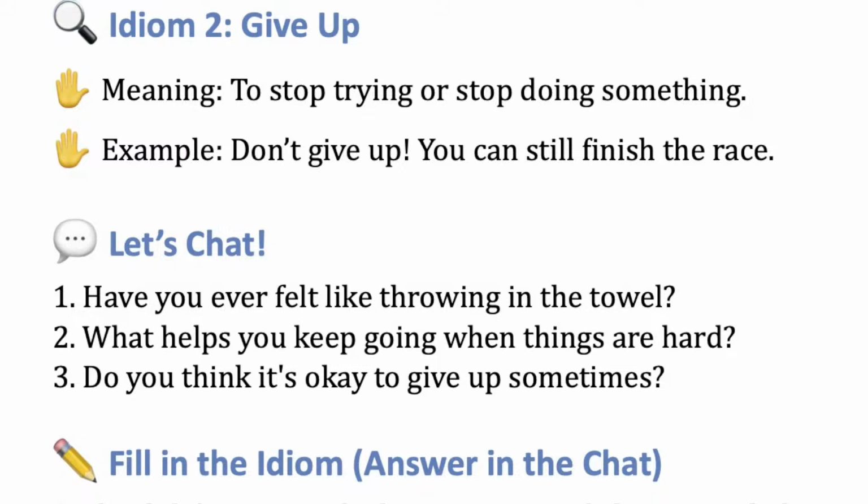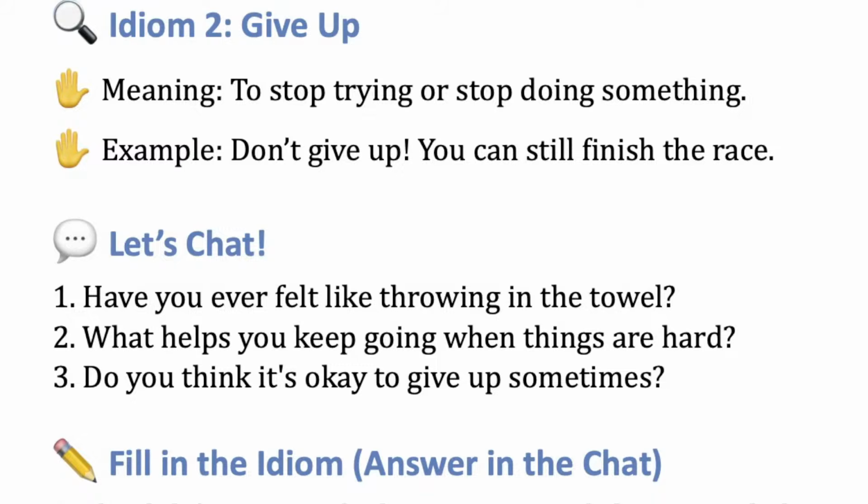2, what helps you keep going when things are hard? Do you tell yourself, okay, don't give up, don't throw in the towel, keep going? Maybe you think of your father, his struggle. Okay, he didn't give up, so I won't give up either.